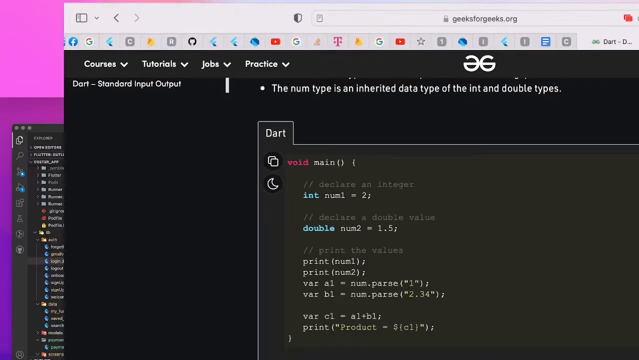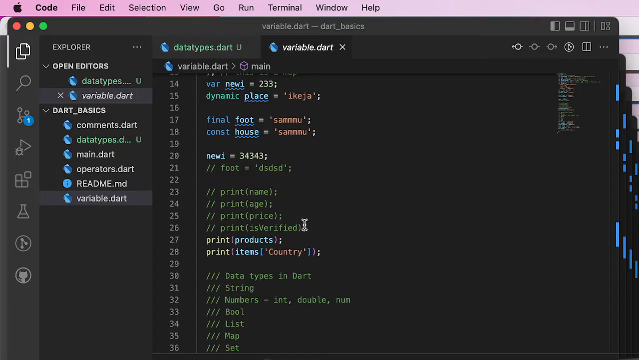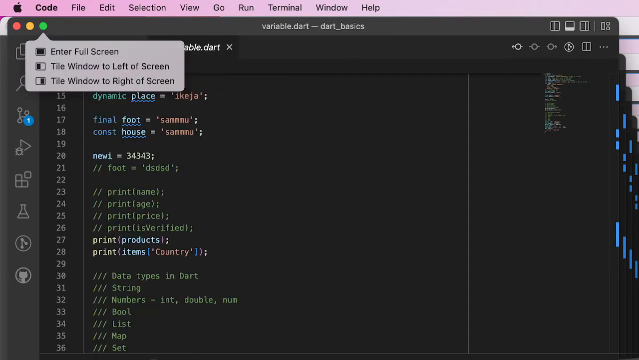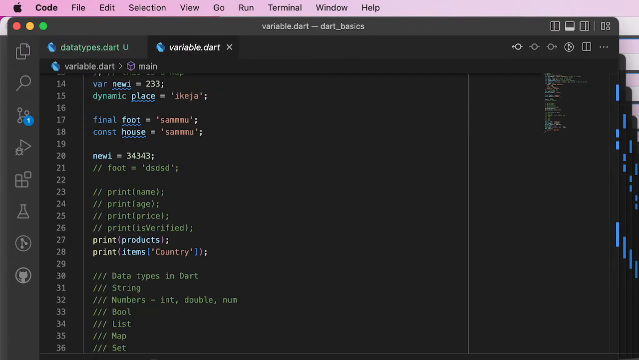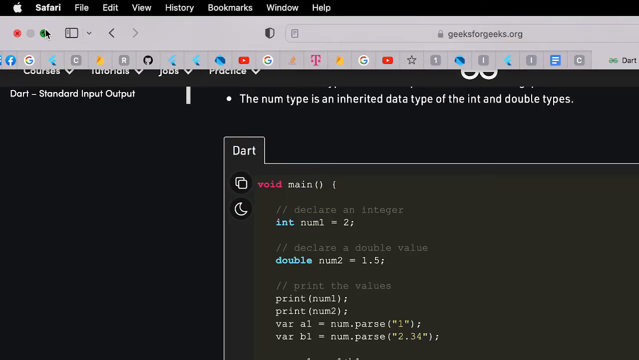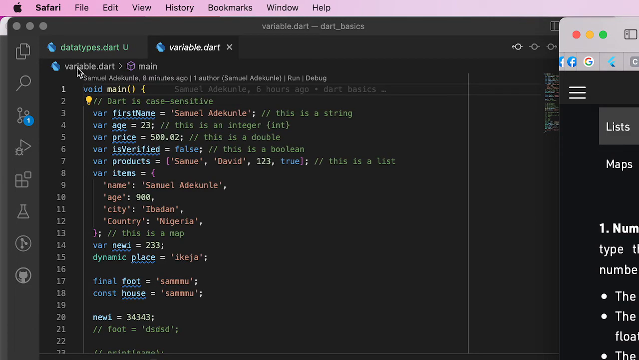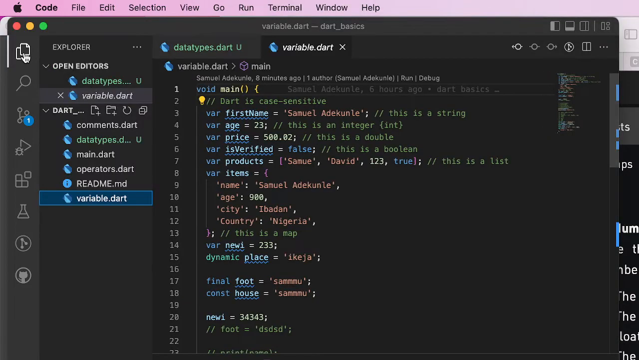So let's get started with the coding aspect. Let's create a new file. Okay, I want to share both screens. Alright, so let's create a new file folder and name it,